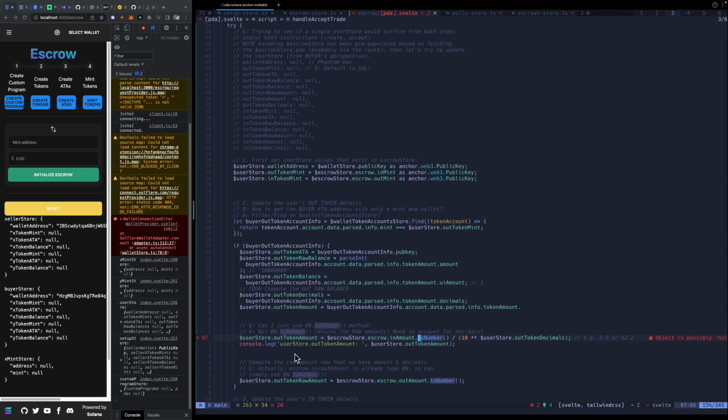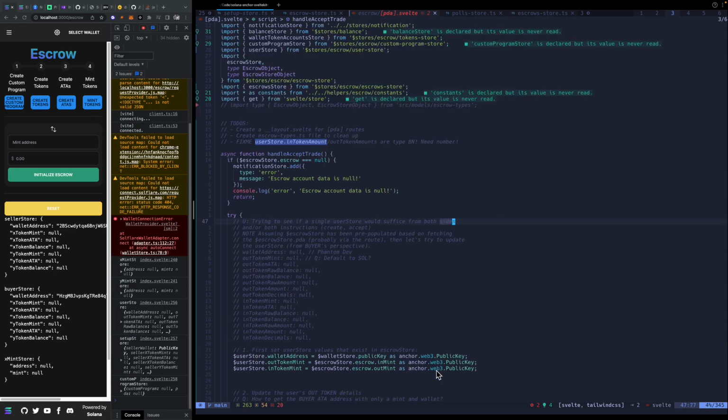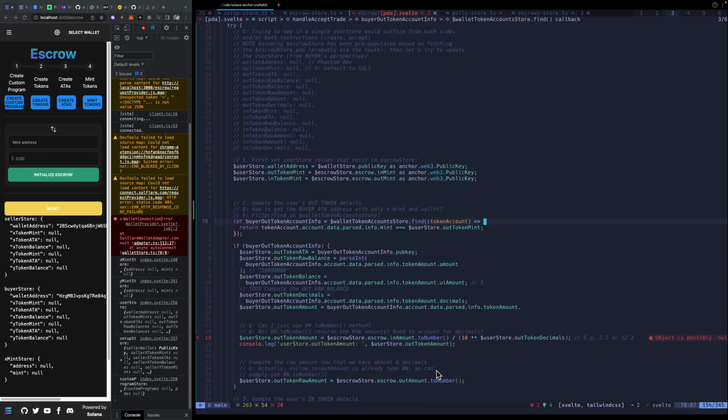So I moved this down a little bit, because I need the matching token decimals. Again, right now they're both 8 decimals, these X and Y tokens that I minted at the beginning for setup, but it could be anything. So in order to grab that as a refresh, this is again inside the handleAccept, and this is my individual Escrow PDA route now. In order to grab that,